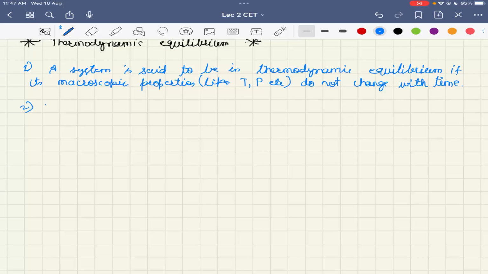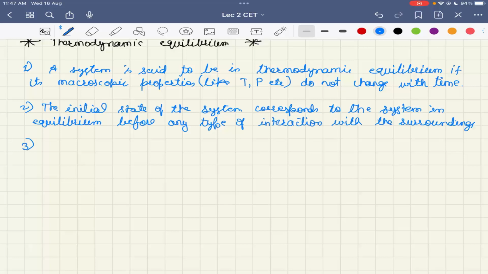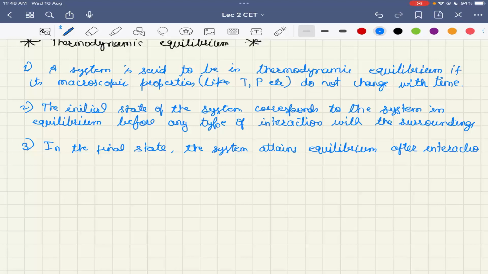Okay, the initial state of the system corresponds to the system in equilibrium before any type of interaction with the surroundings, whereas in the final state, the system attains equilibrium after interaction with the surroundings,